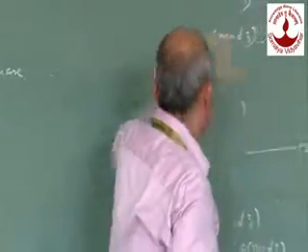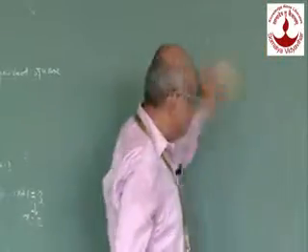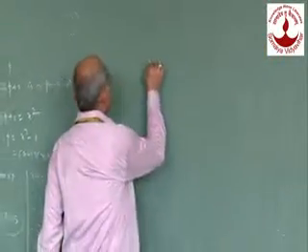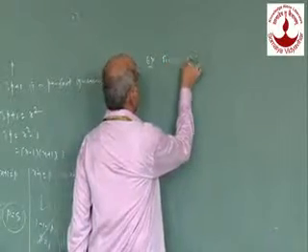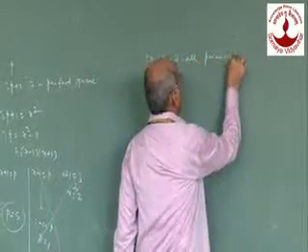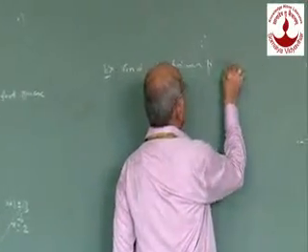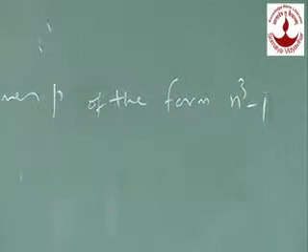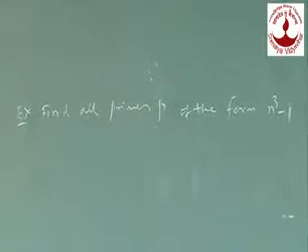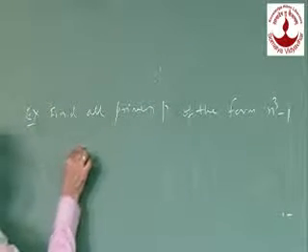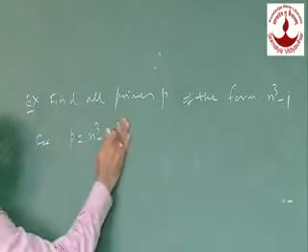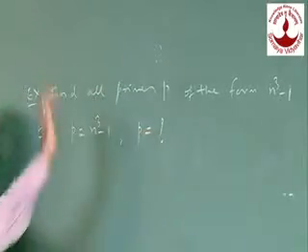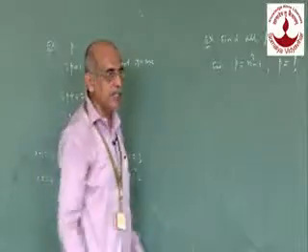If you have the next prime, like that, again there are many properties of those primes. Again, if you take the next one, find all primes p of the form n cube minus 1. That means you have to find p of the form n cube minus 1. What is p? For n cube minus 1, you have to find the prime p. There is a speciality for each of the primes.